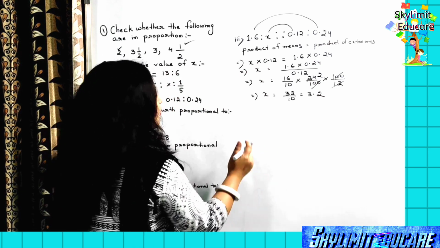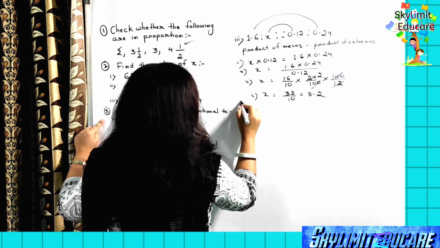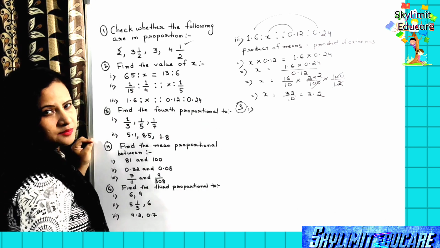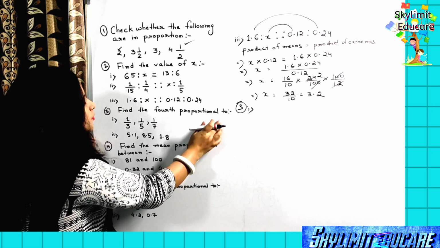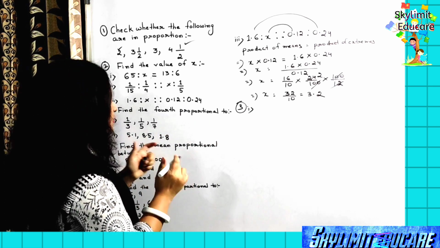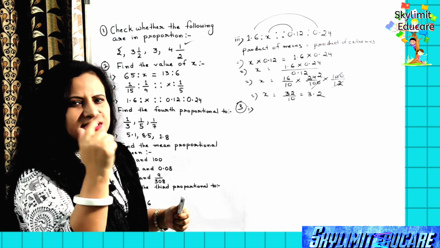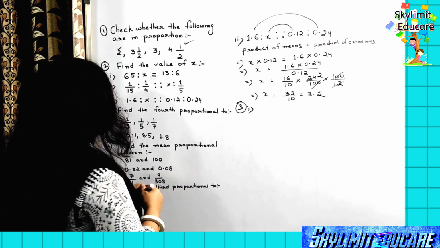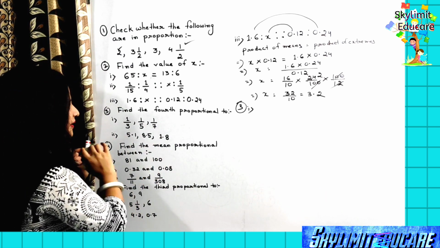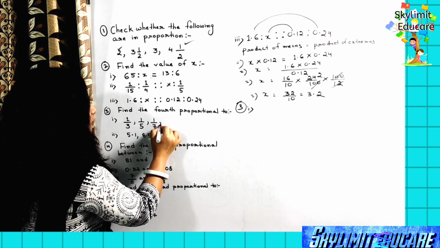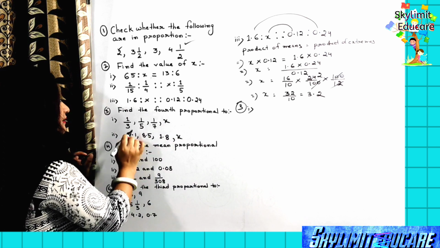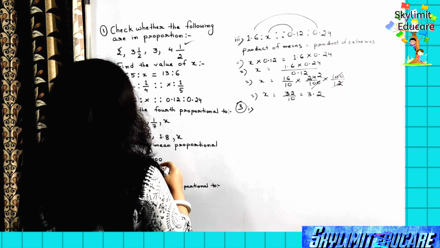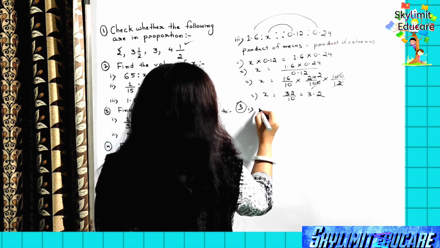Clear? I think the idea is getting quite clear with everyone, right? Let's come to question number 3, bit number 1. So here you have to find out the value of x for the given terms which were in proportion. Now find the fourth proportional to, that means all these numbers, you remember students, there are 4 terms in a proportion always: first, second, third, fourth, right? The first and the last terms are the extremes, the middle 2 are the means. So you have to find the fourth proportional, that means already it is given that they are in proportion. So let the fourth proportional be x in each case, then you can follow the same method and find out. Clear?